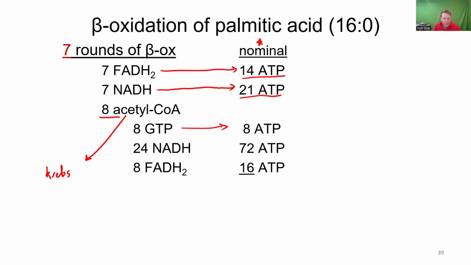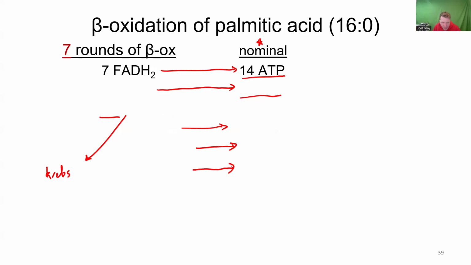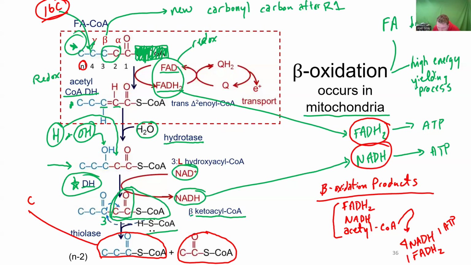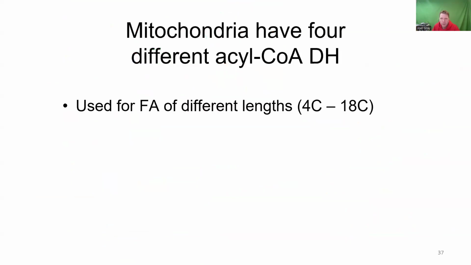From those 24 NADH, you'll get 72 ATP. Those 8 acetyl-CoA will get you 8 FADH2, which effectively will be 16 ATP. So I need to go back and make one change for my numbers here. This shouldn't be a 4. I apologize for that. I'm going to change that. That should be 3 NADH. So from one acetyl-CoA, you'll get 3 NADH, 1 FADH2, and 1 ATP.